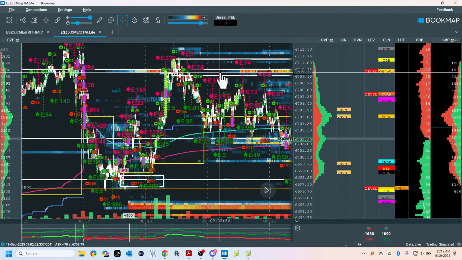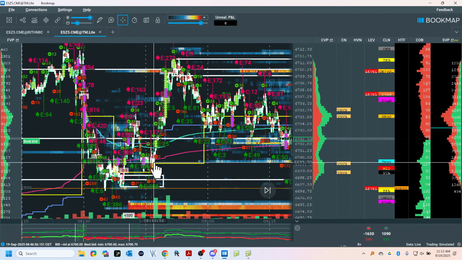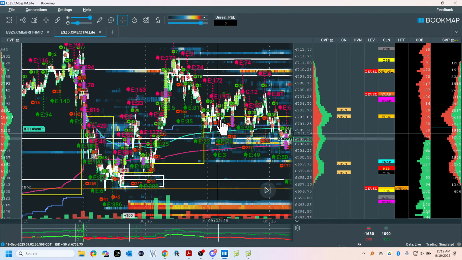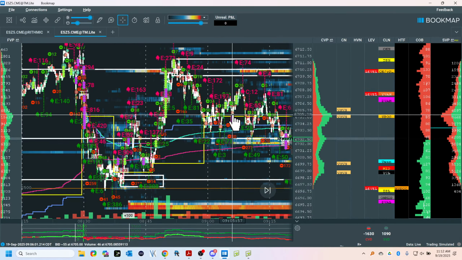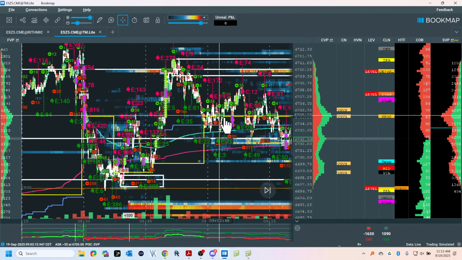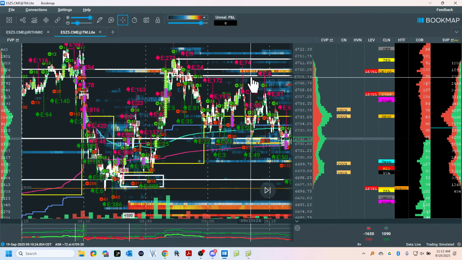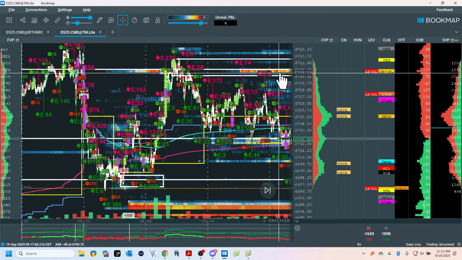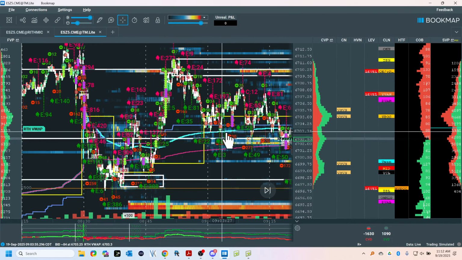Okay. And this is VPOC migration. Now, last time you saw VPOC migration, it was a long, right? But I get VPOC migration here. Is it a long? It's not the same. Why? This is too low. This is too high. And now this is the fair price. Here's a couple things that can happen here. I can come back here. There's my liquidity coming back in. You see it skewing the book. Or I can come to VWAP and get a reversion trade right here.